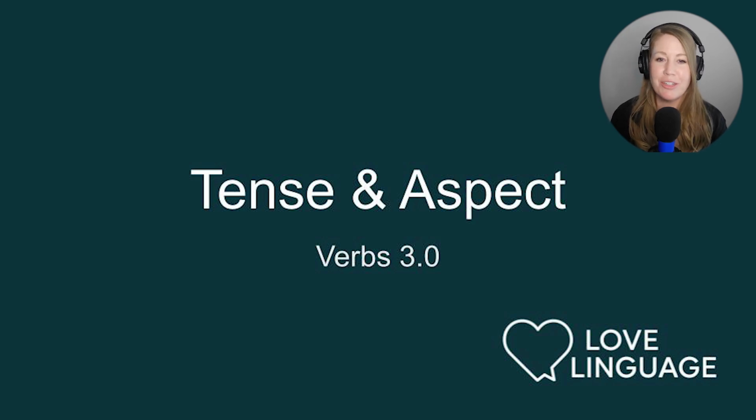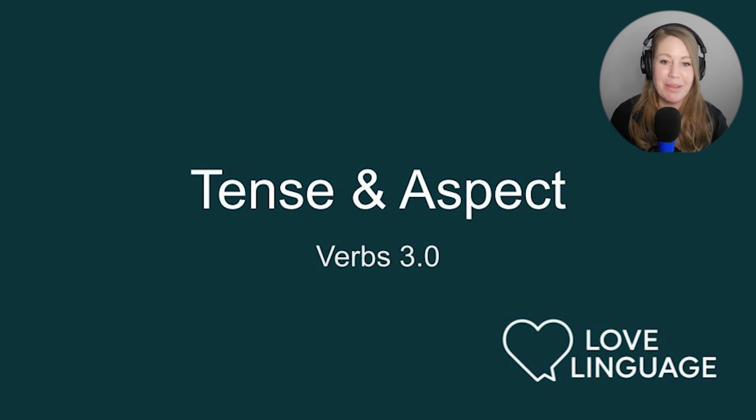Now that we've learned about how verbs can change form, it's time to look at how verbs tell us when something happens and how the action unfolds. This brings us to two big ideas, tense and aspect. Both are part of the TMA system, which represents tense, mood, and aspect, which is how verbs provide information about